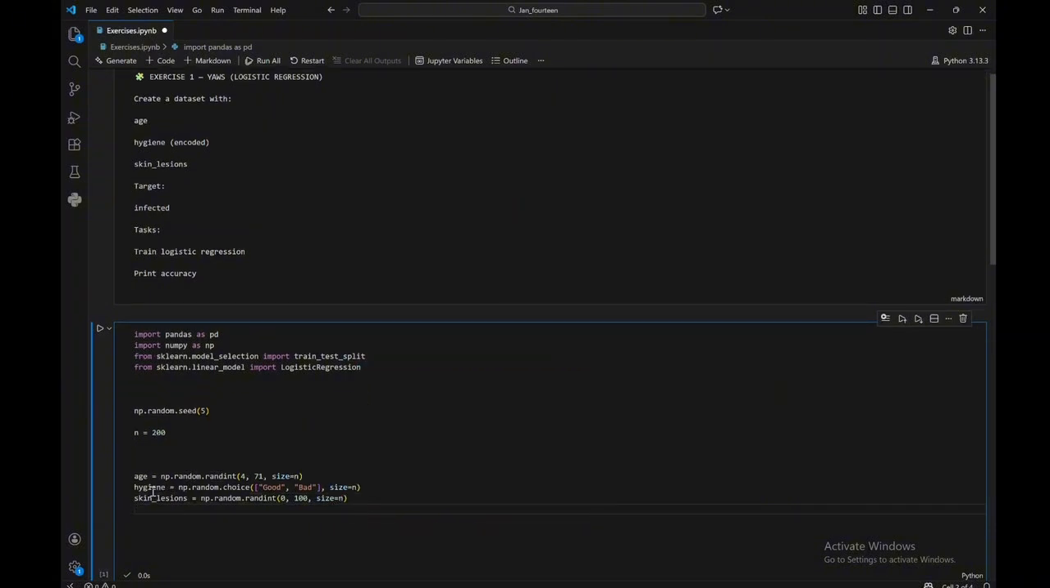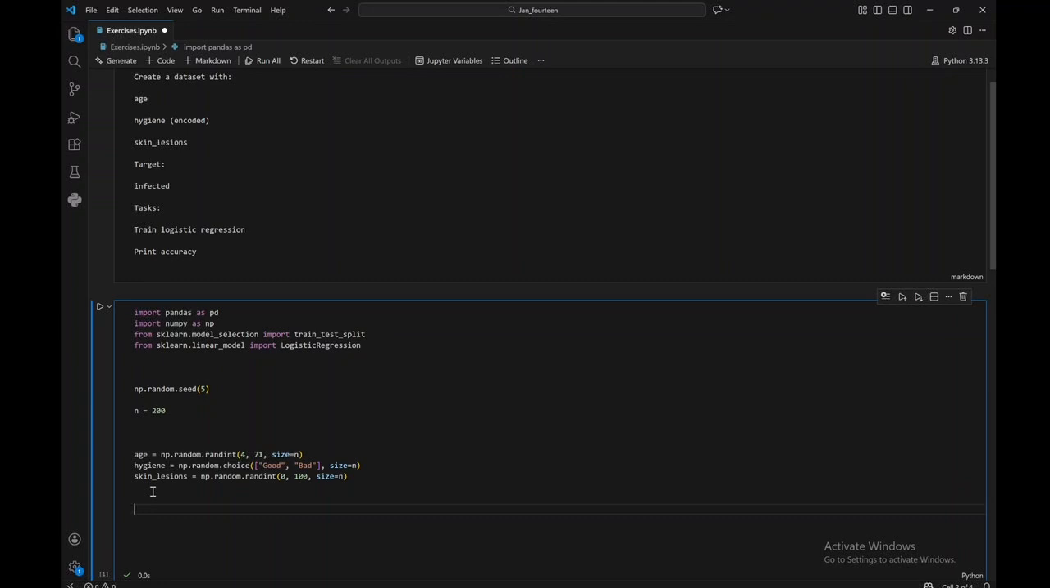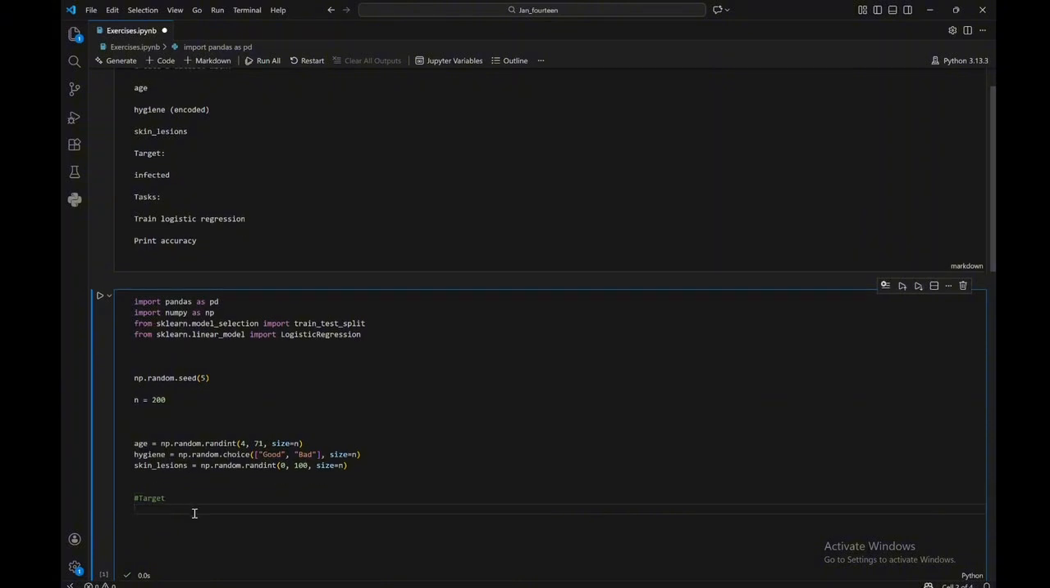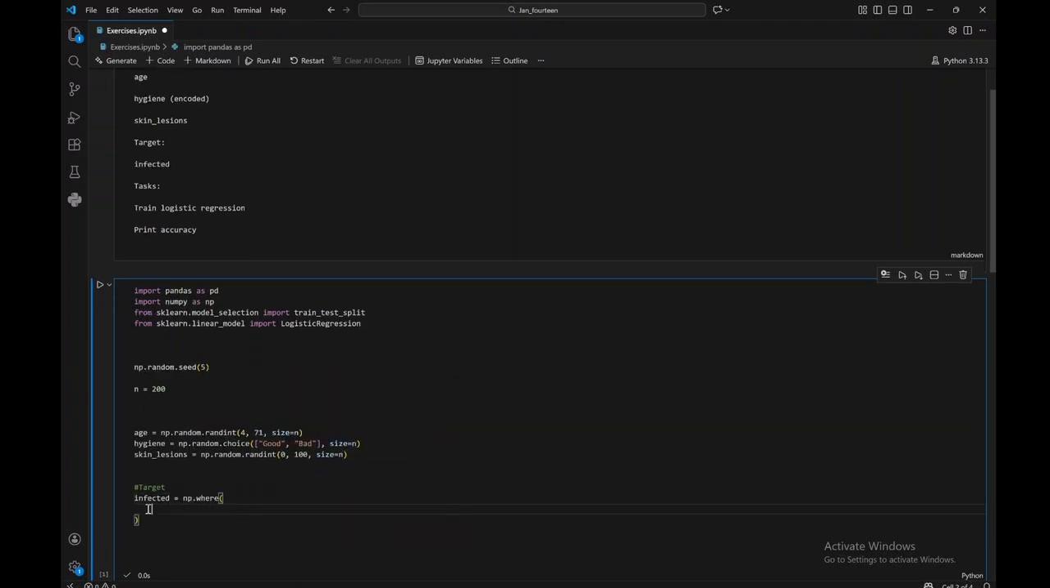The next thing we're going to do, since we've created this, is create what we call our target. And how do we get our target? Our target is basically what is going to form our ground truth, and that's the infected. I can now use the np.where function, where we say where age is less than 20,